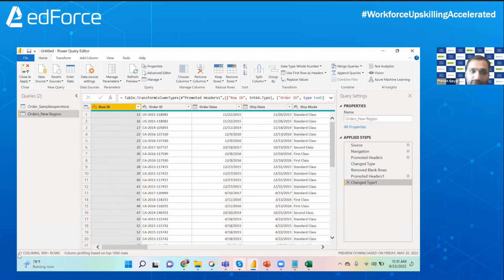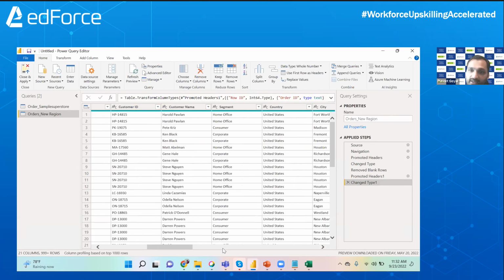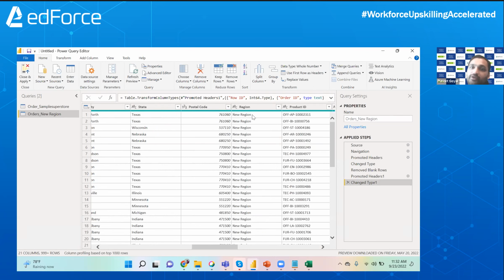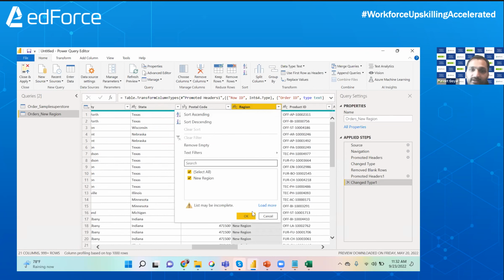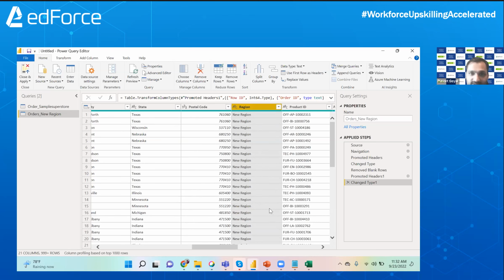Now, once you have imported this data, we know that the client has told us that we have data for only the new region. And if you go over here and click on load more, you will see there is a value coming up as new region 2. That means by default or by some error, somebody has put down a value as new region 2, which should not be the case. In that case, we need to replace this value, new region 2, with new region. How I can do that is,